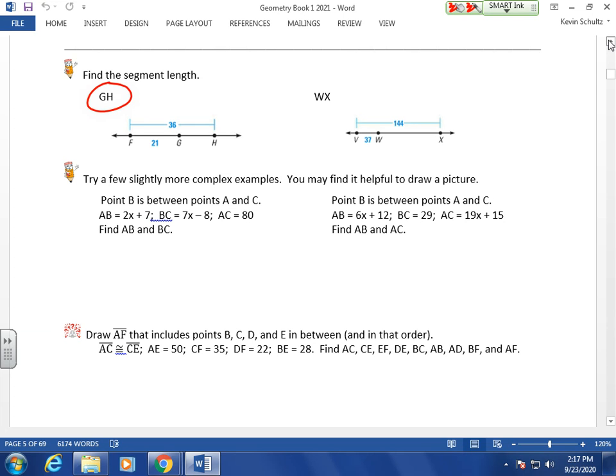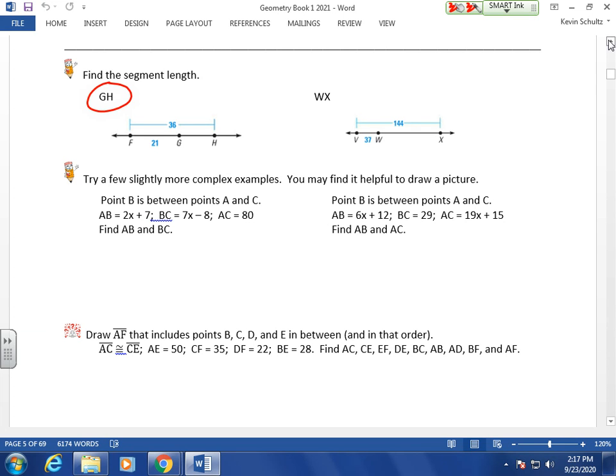How do we know that FG plus GH has to equal FH? Because the segment on top tells us that it's 36, and FG is 21. Okay, but how do we know that FG plus GH